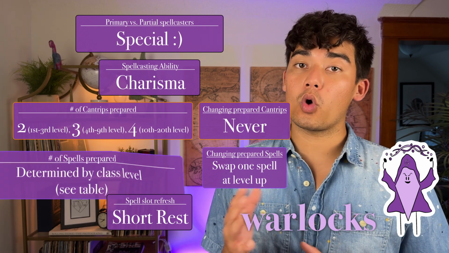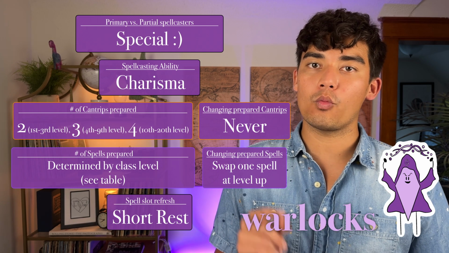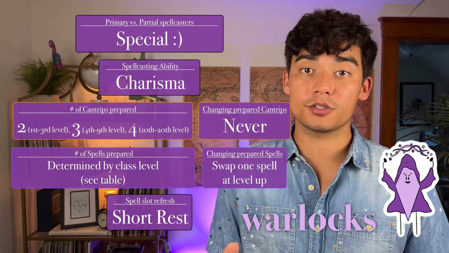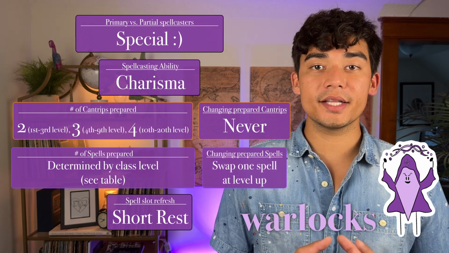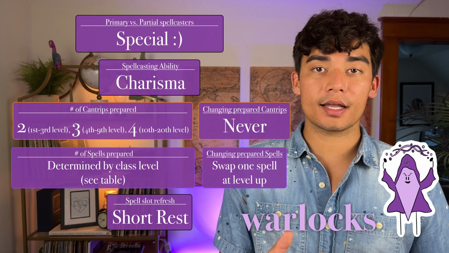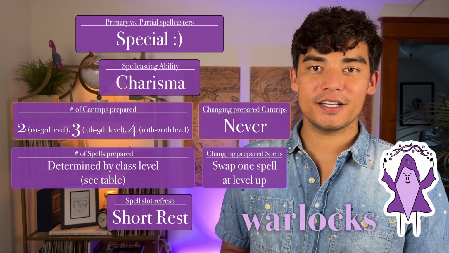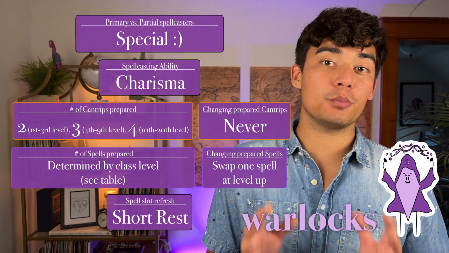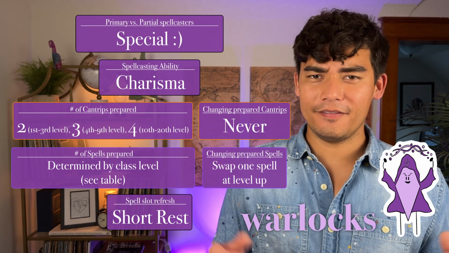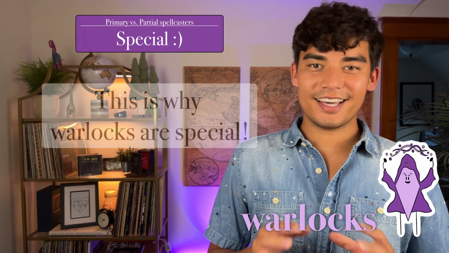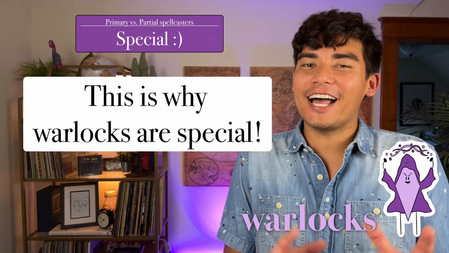The number of spells a warlock can prepare is determined by their warlock level. I would suggest finding the warlock table on D&D Beyond for more specifics. As for changing their prepared spells, you will be able to swap one spell every time your warlock levels up. This is why I included the spell slot refresh section, because warlocks refresh their spell slots after a short rest. And this is just the tip of the Warlockian iceberg, because warlocks' spell slots are weird and unlike any other